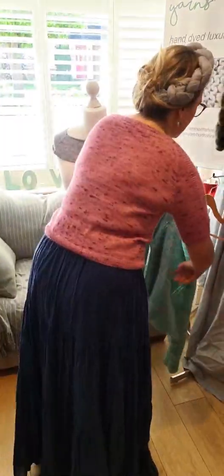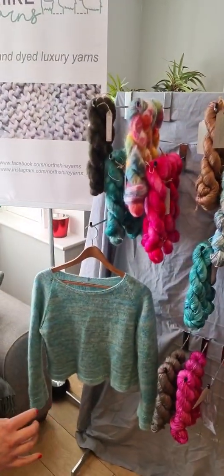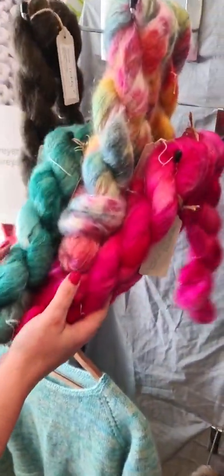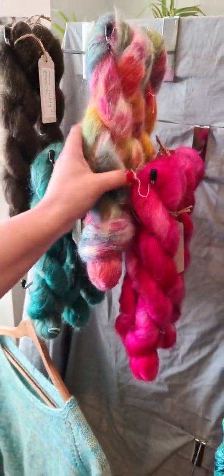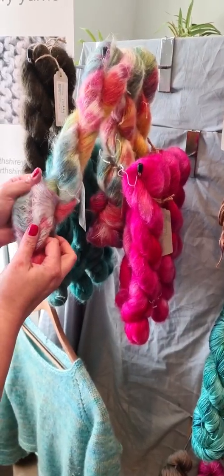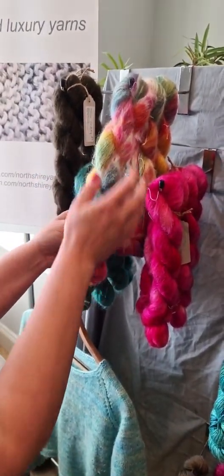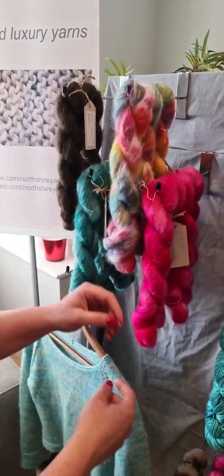Bring that back up and look at the time, but we're still good. So I have a limited range of mohair, but they all go together. So you could just use all of these together. This one is a new one, which is called Keep Going, which I felt quite apt for the moment. I dyed this a week ago, I think, and it was just sunny outside and I just needed some happy rainbows. So there's these ones, and then you could...